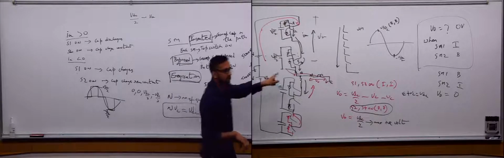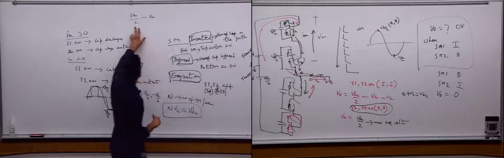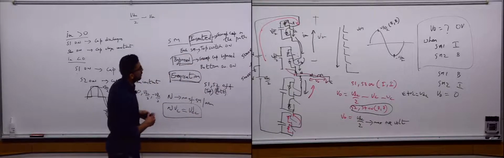Yeah, let's ignore that for now. Okay, let's consider the simple case. So VDC over 2 minus VU should be equal to VO,